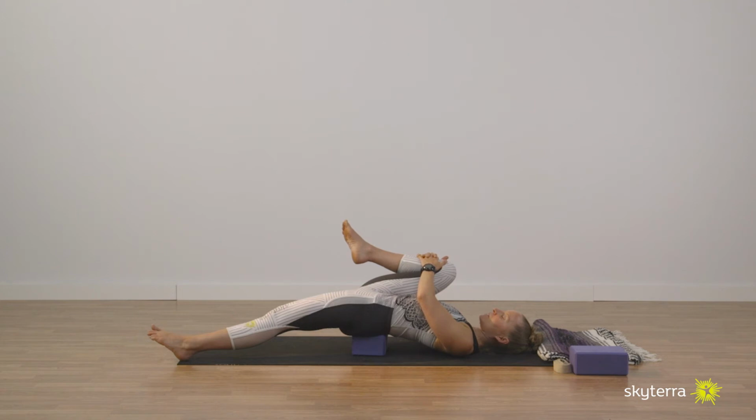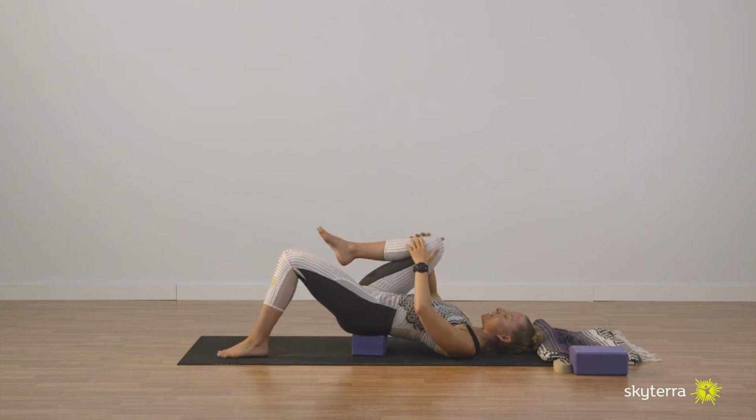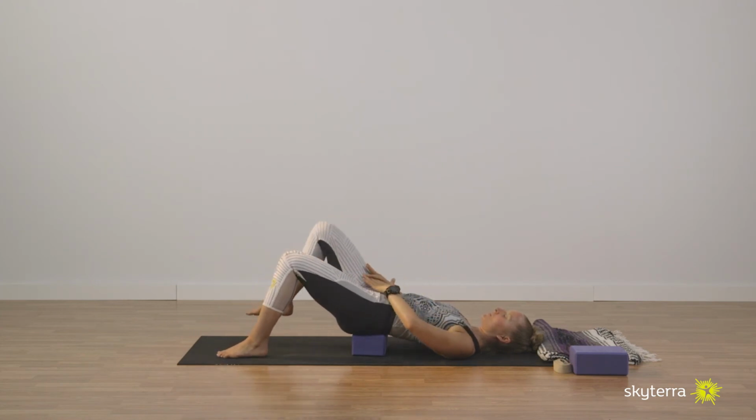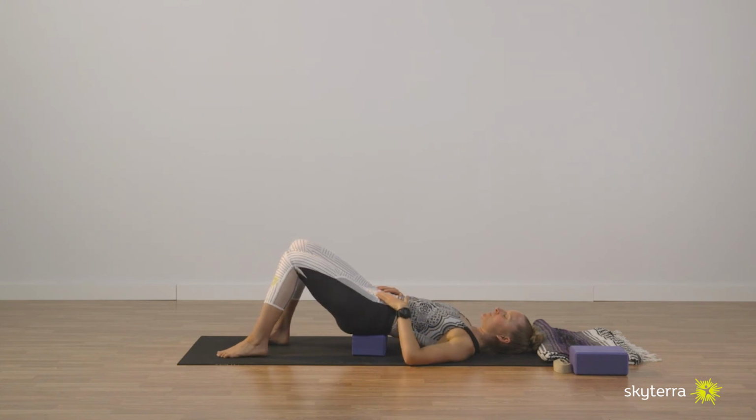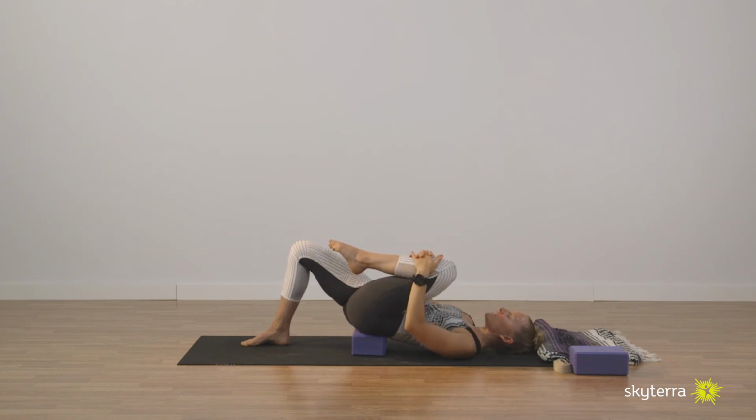The knee is directed to the right. On the inhalation, bring that knee back to center. And we'll begin to bend that left knee back in. Release that right foot into the earth, coming back to the supported bridge. Just a nice easy transition, bringing the left knee into the chest on the inhalation, and then sending that right